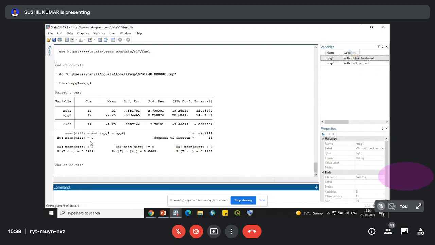The null hypothesis here is that the mean difference between the two scenarios, that is before and after, is 0, and the alternate hypothesis is that it is not equal to 0. The p-value here is 0.0463, which is less than 0.05. Therefore, we can reject our null hypothesis and accept the alternate hypothesis.